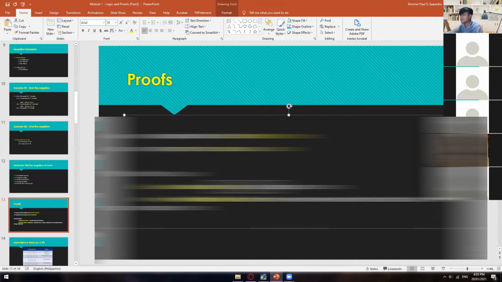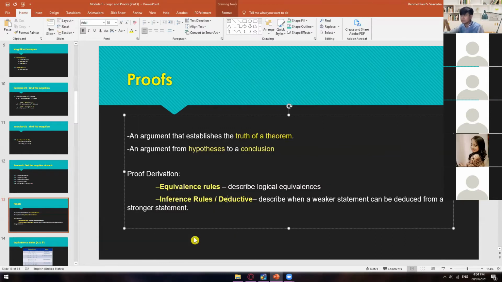And then what are these inference rules or deductive? This one describes when a weaker statement can be deduced from a stronger statement. So in inferencing rules, this can be done, for example, by having 5 variables or 5 hypotheses, and then concluding using 1 variable or 2 variables only. So from 5 hypotheses into 2 conclusions or 1 conclusion. I'll give you some examples on how to do inferencing, but for now,